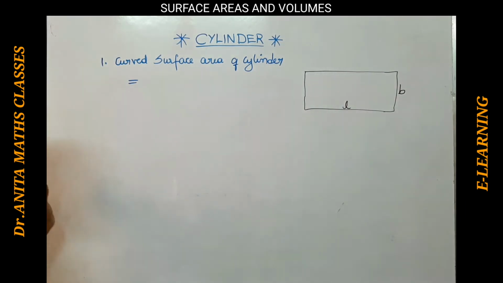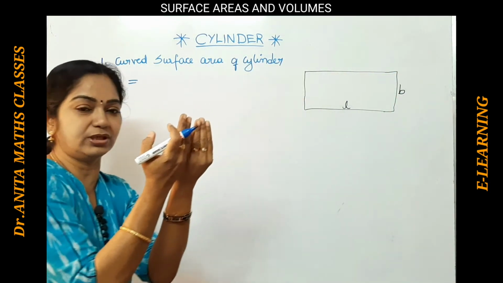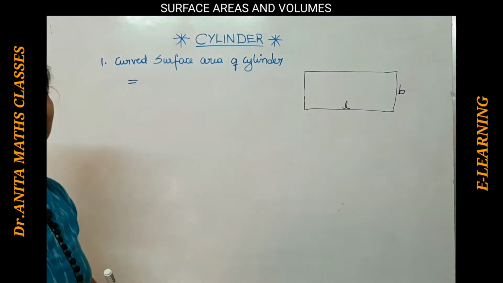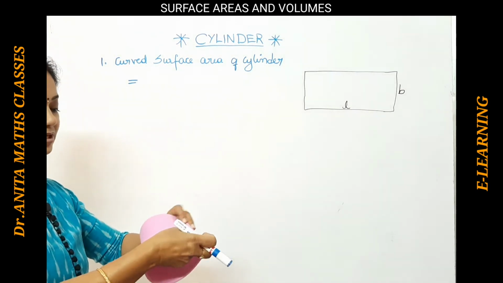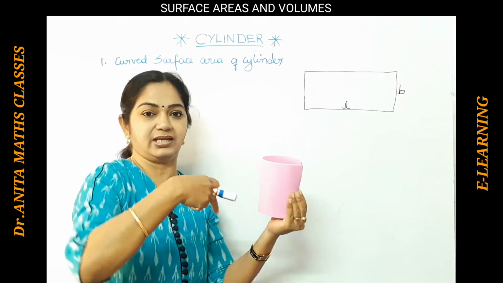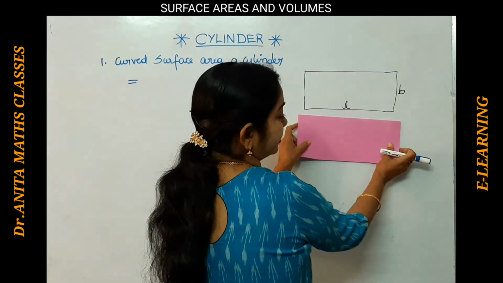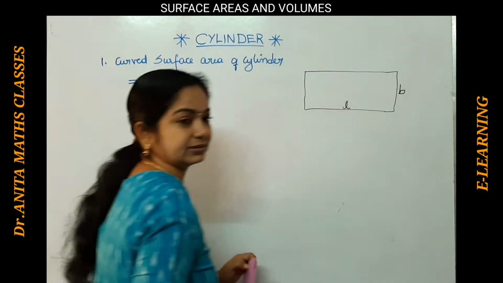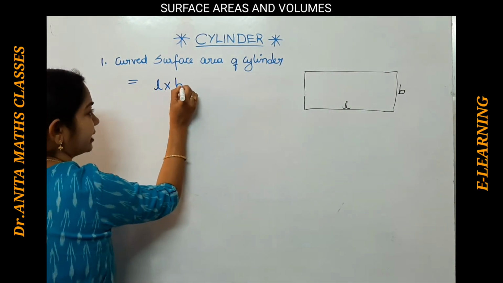Now, as I said, if I join both the breadths of this rectangular paper, you get the cylinder which is hollow. Now here, if I want to find this curved surface area, that means the round part, all the pink part, this complete thing is the curved surface area, right? Now, if I open this, this is nothing but the rectangle. So the area of this paper is length into breadth, isn't it? So L into B, since it is a rectangle.